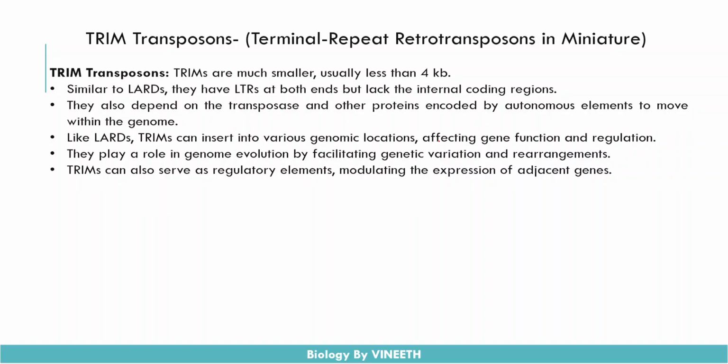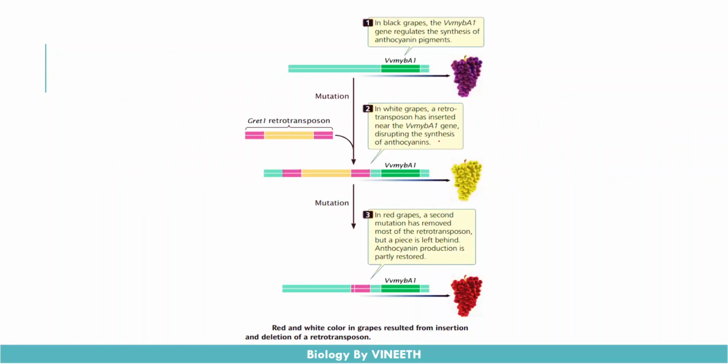Just as LARD is involved in genomic recombination or genetic rearrangement, TRIM is also involved in the rearrangement or recombination of certain genes. TRIM can also serve as a regulatory element, modulating expression of adjacent genes. As I've said, a lot of transposons act as regulatory elements only. They regulate the expression patterns of neighboring genes. So this is about the